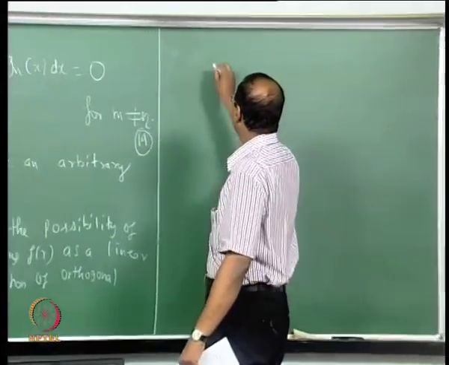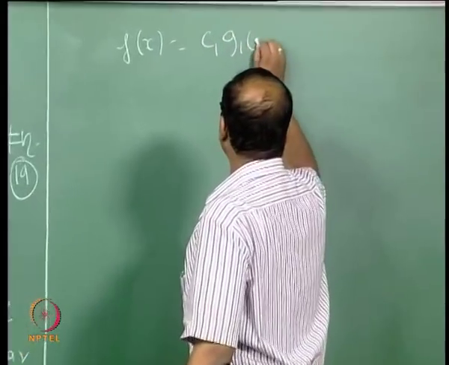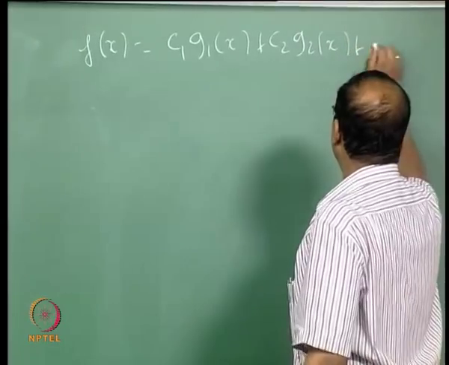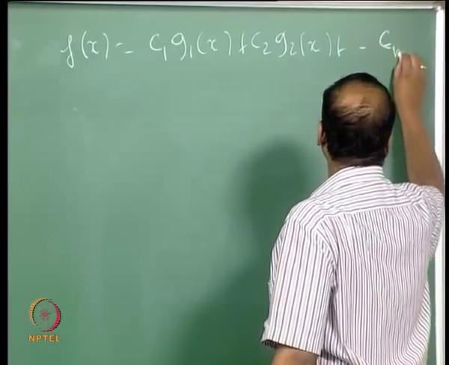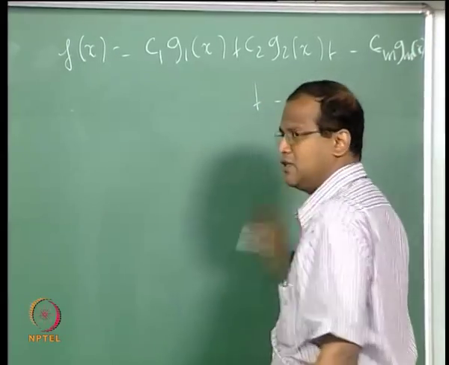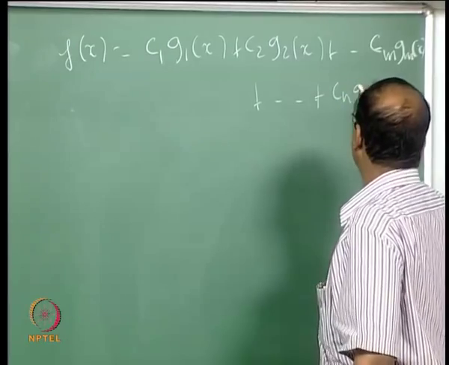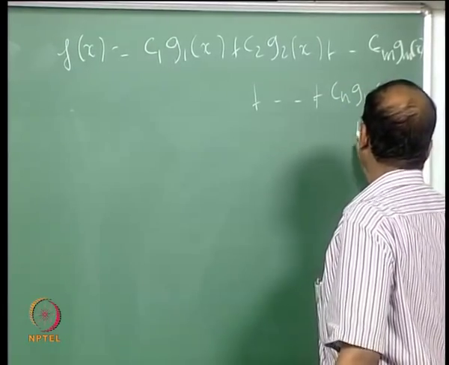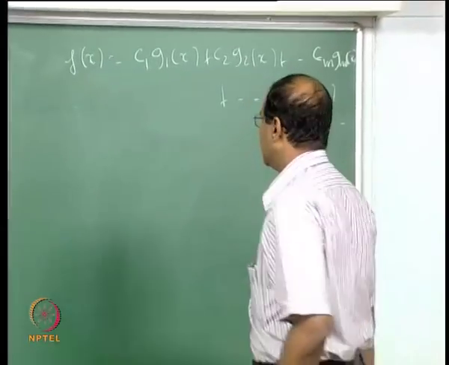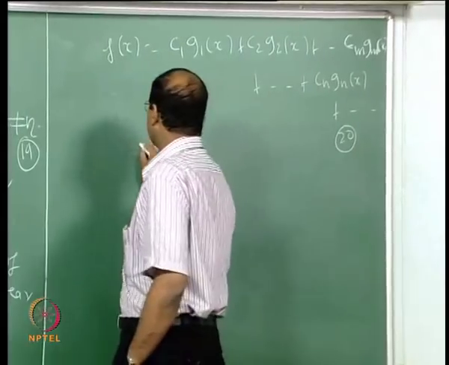Now let us say this f of x, let us say I want to make it as c1 g1 of x plus c2 into g2 of x and so on up to cm gm of x, and so on plus cn gn of x plus continuation. So what I basically want to do now is, it means f of x